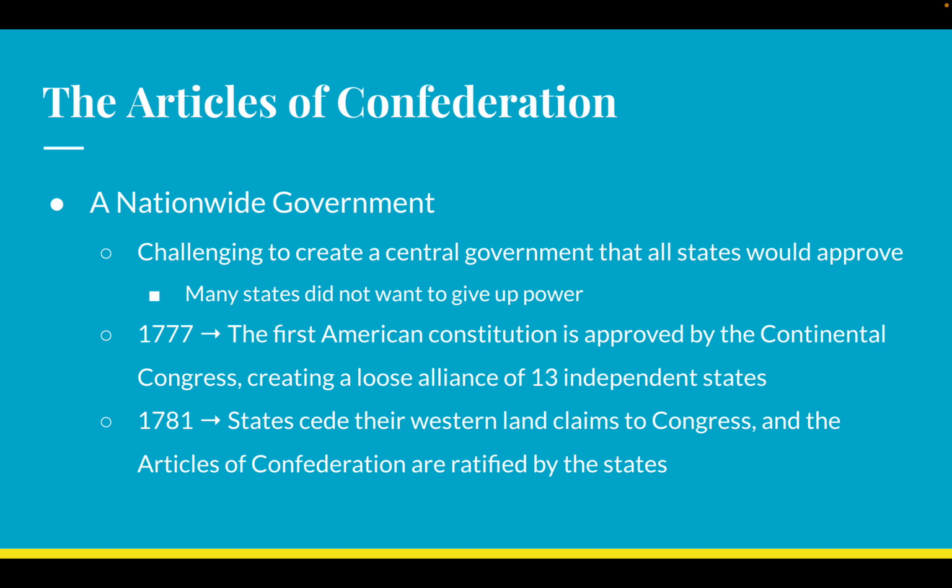So for example, the California state government would be super powerful, but the United States government would not. That doesn't mean you and me can just break the laws willy-nilly, but it does mean that the state is mostly in charge of things.